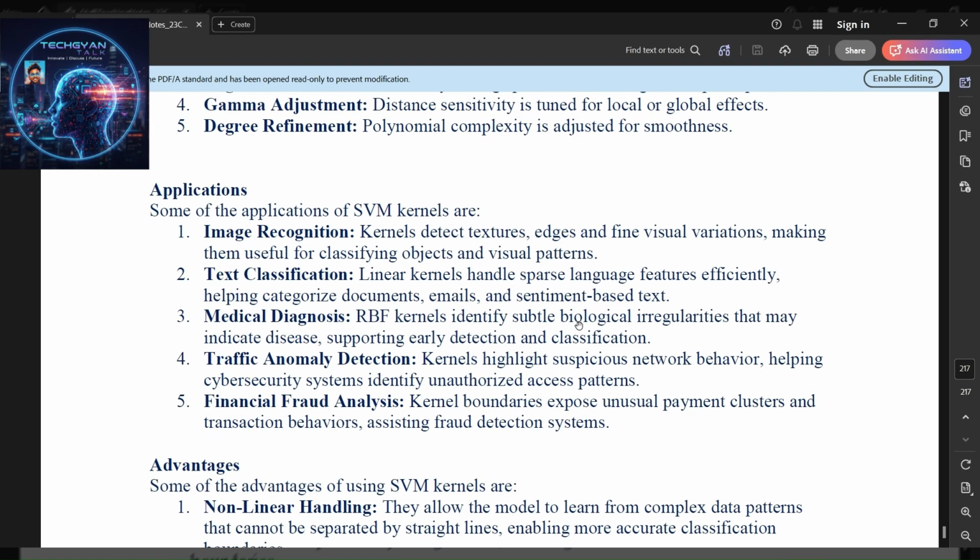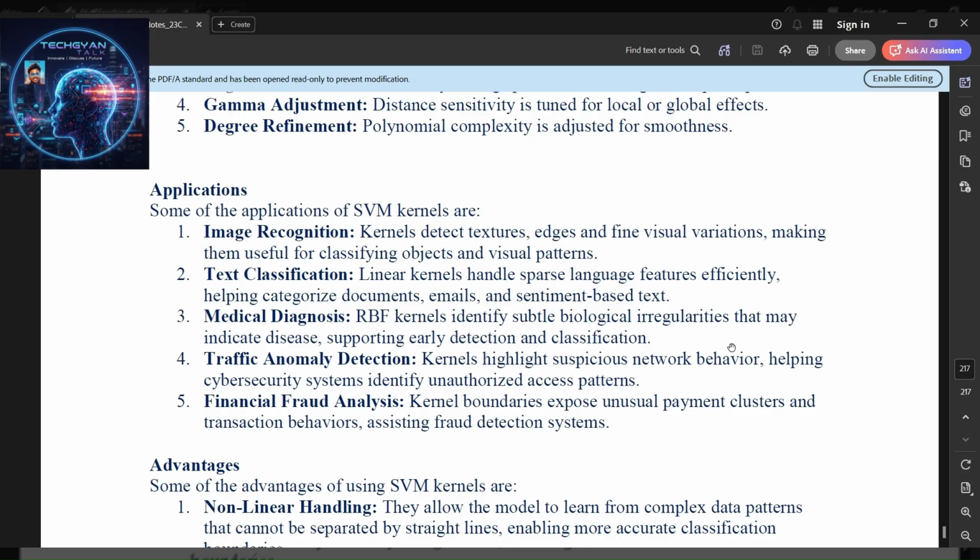And applications. Some of the applications of SVM kernels are image recognition: kernels detect textures, edges, and fine visual variations, making them useful for classifying objects and visual patterns. Text classification: linear kernels handle sparse language features efficiently, helping categorize documents, emails, and sentiment-based text. Medical diagnosis: RBF kernels identify subtle